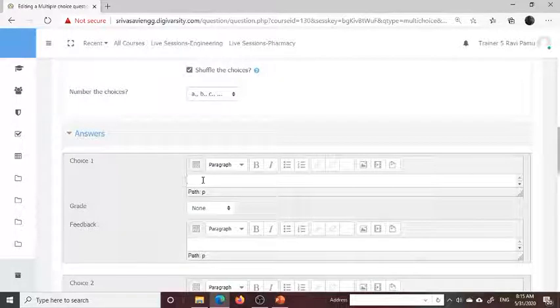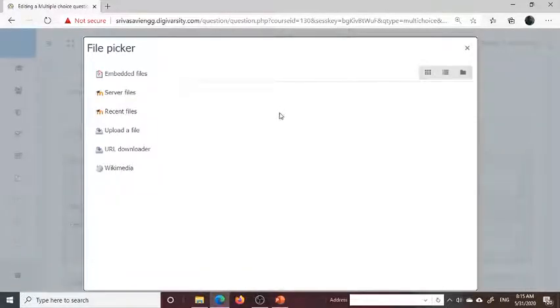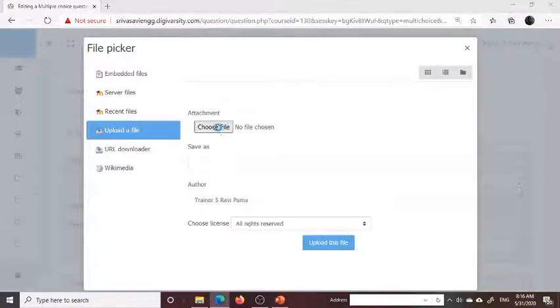In the choice there is also image formation. Okay, now you can insert image, find or upload an image, click on upload file, choose a file.